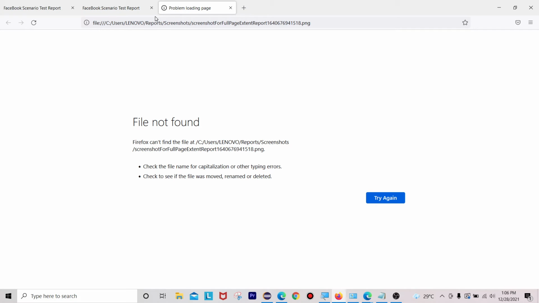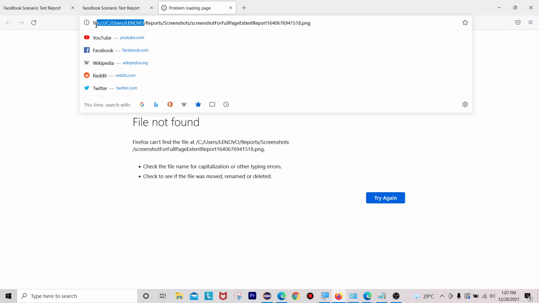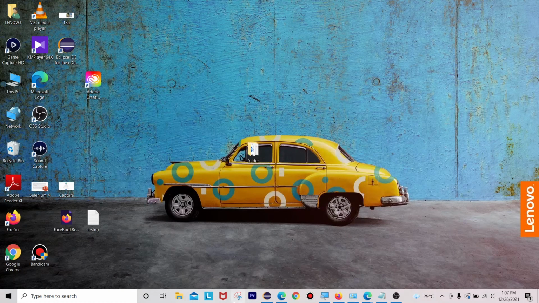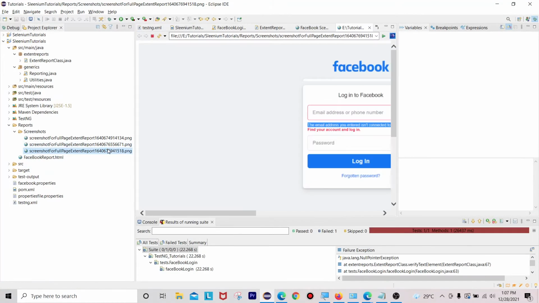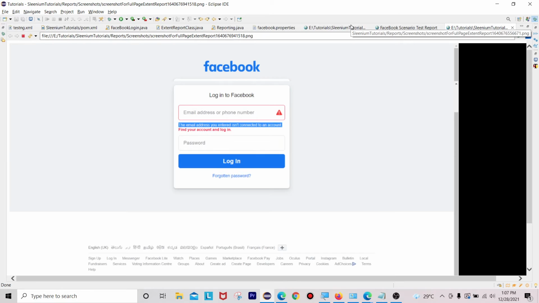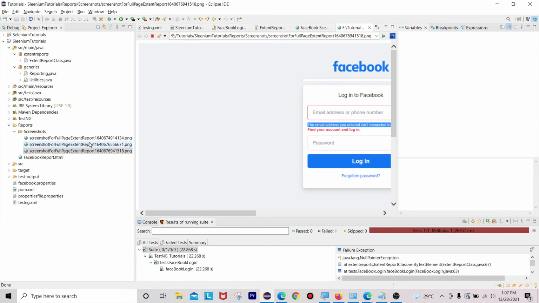So here you can observe the line what I modified. If you are executing or sending this report to anyone, they will also get their user's name here. They won't get your username in their machines. Okay, so with the help of this relative path you can easily open your screenshots. Okay, you can see here you are getting the proper image here, right? But inside our extent reports that is not happening properly.